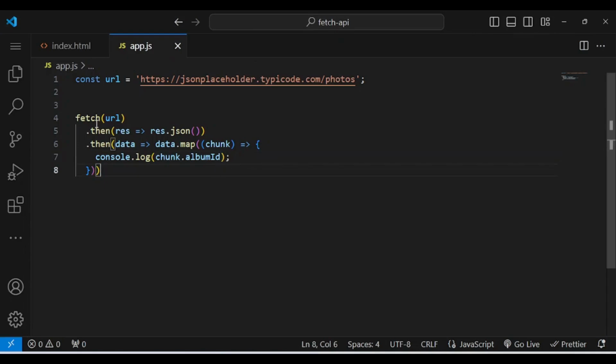So I believe now you have understood how the fetch method works, and you will be able to use it to display something and use the DOM to render it inside